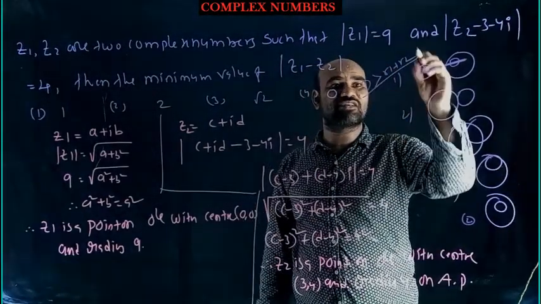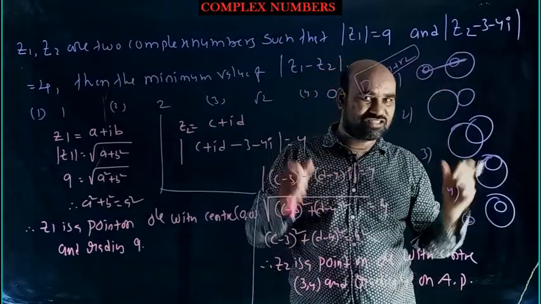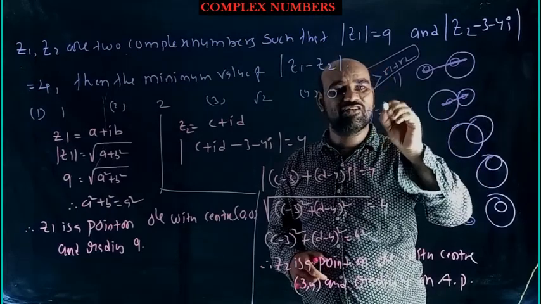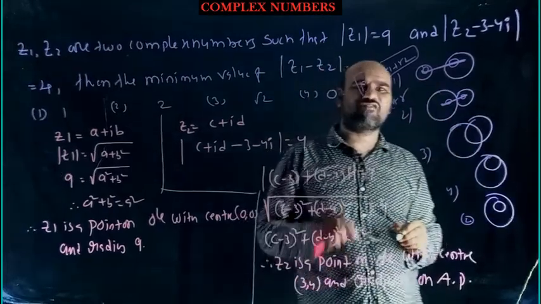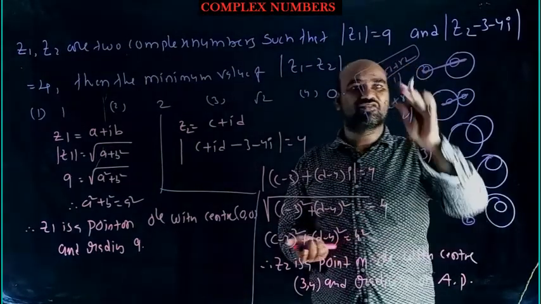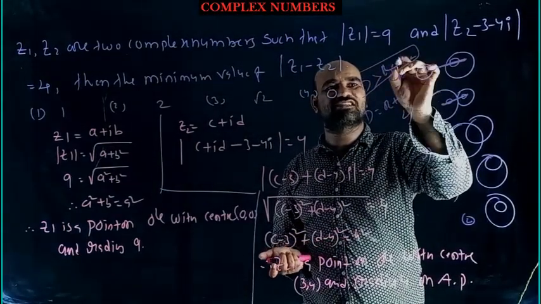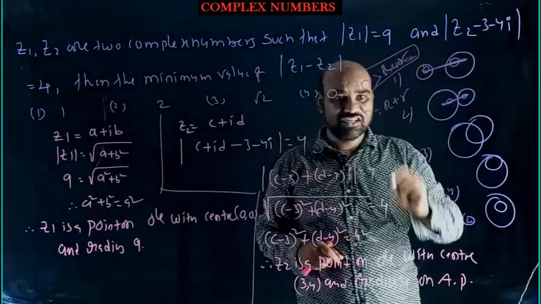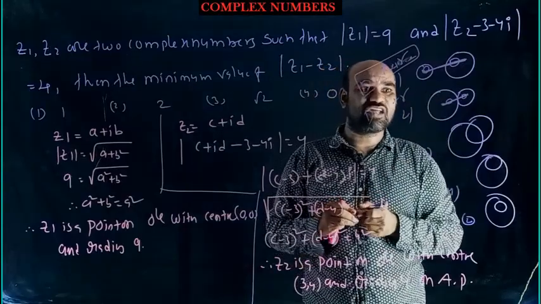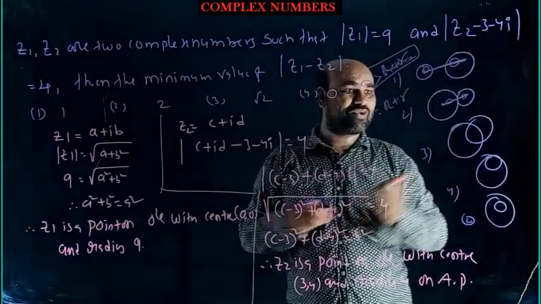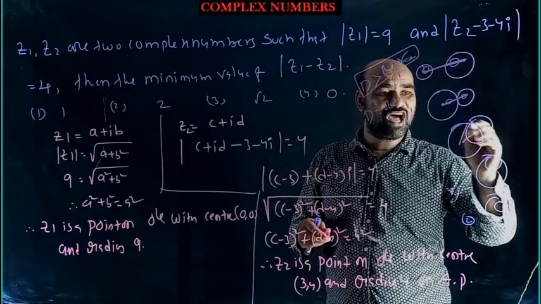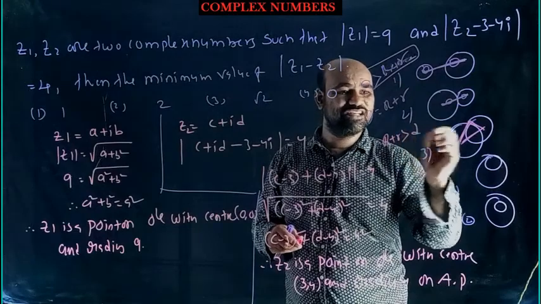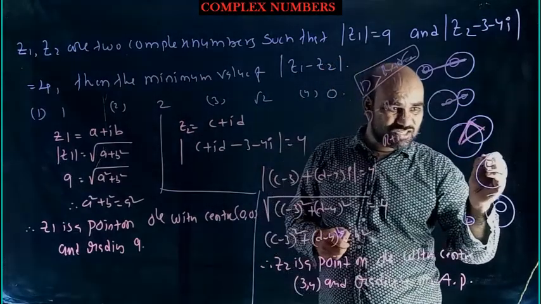If D is greater than R1 plus R2, you can say that the circles never touch each other. Here D equals this radius plus this radius, capital R plus small r, R1 plus R2, whatever it may be. Say capital R is the radius of the first circle, small r the radius of the second circle. D greater than R plus r, circles never touch each other. D equal to capital R plus small r, they touch each other. Here, capital R plus small r is greater than D. In this case, they intersect each other. So this is an interesting case.